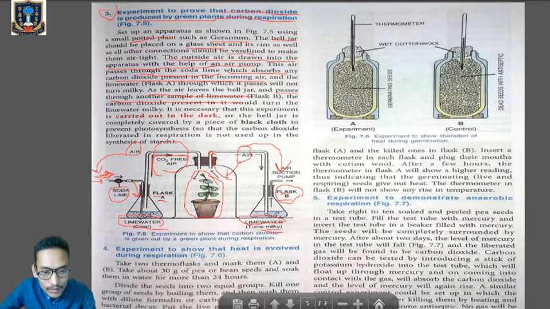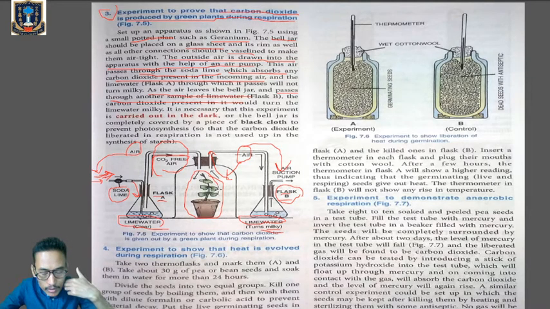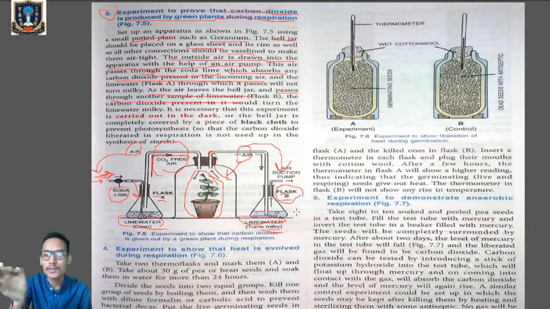Why? Because the plant gives out carbon dioxide during respiration, and the air which is being given out by this plant moves into the conical flask B. The lime water present in the conical flask B will turn milky, indicating that carbon dioxide is present in the